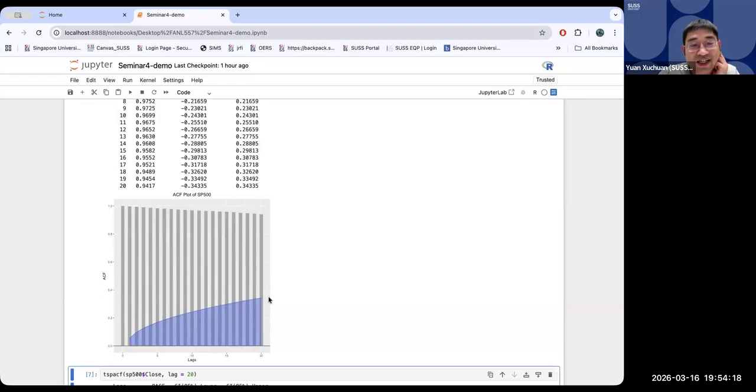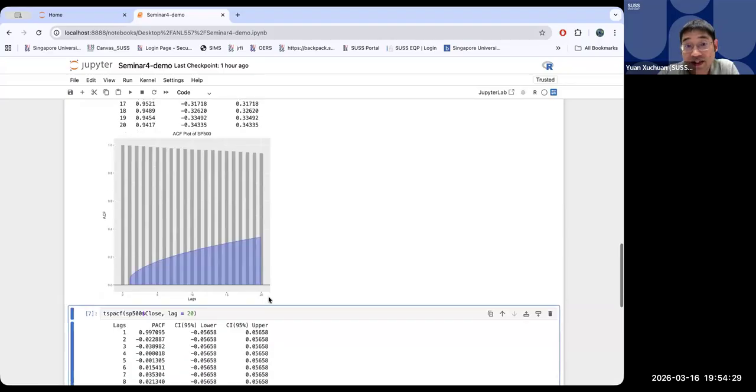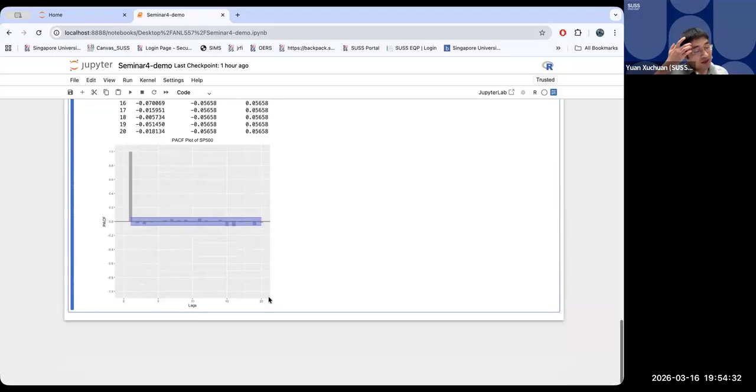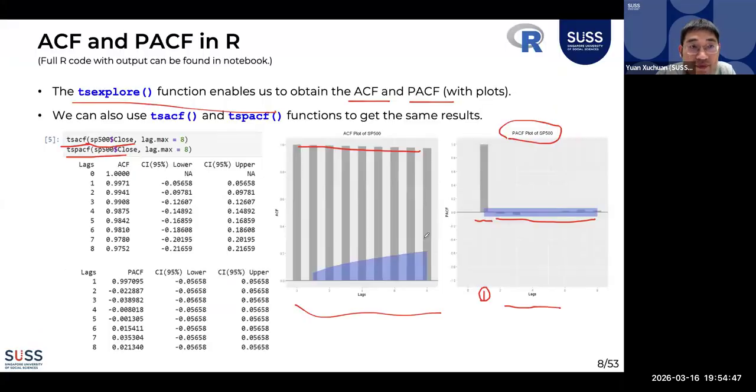So you may consider extracting some of the trend from your original time series, and then relooking at the ACF and PACF. Okay. All right, so this is the ACF and PACF for the SP500 time series. Let me go back. Okay, so